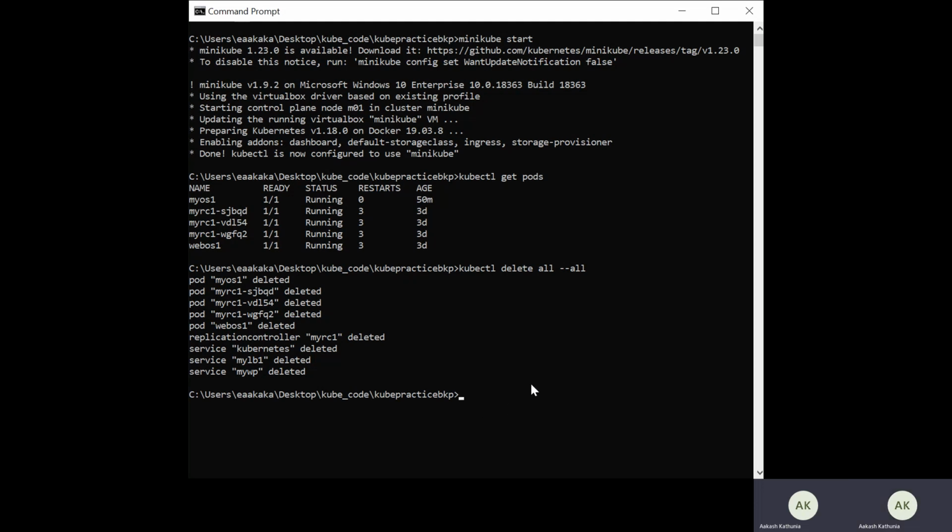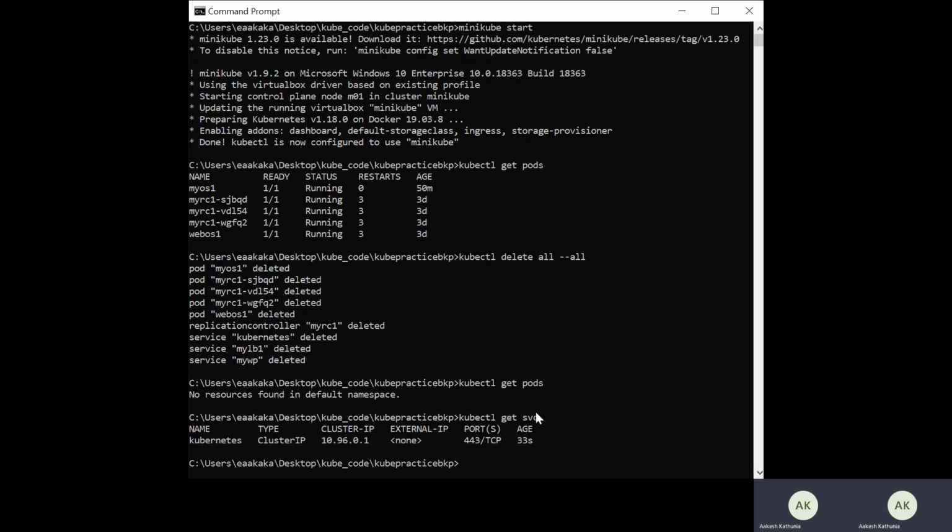Now, if I run this kubectl get pods, you can see that there is nothing; there is no pod currently running. Also, if I check the services, kubectl get svc, you can see that there are no services currently running because all the services are deleted. So now, in order to proceed further,